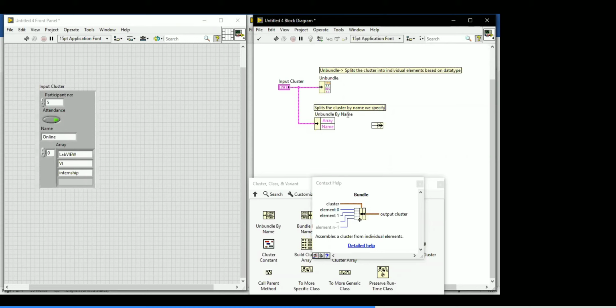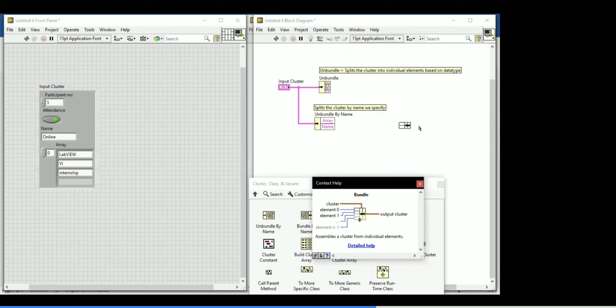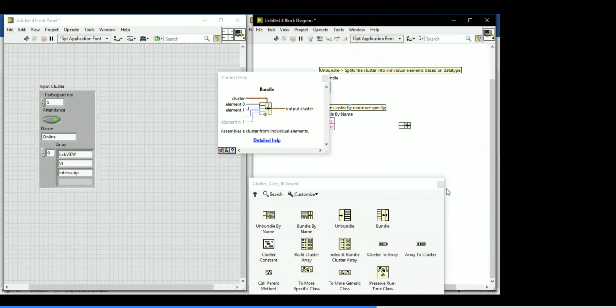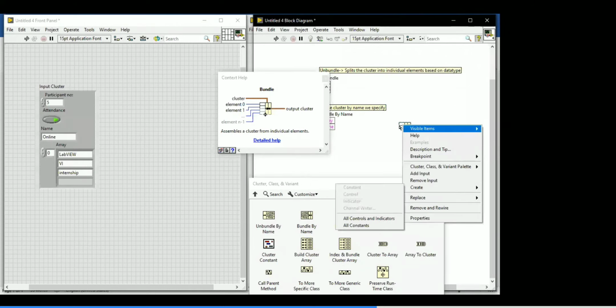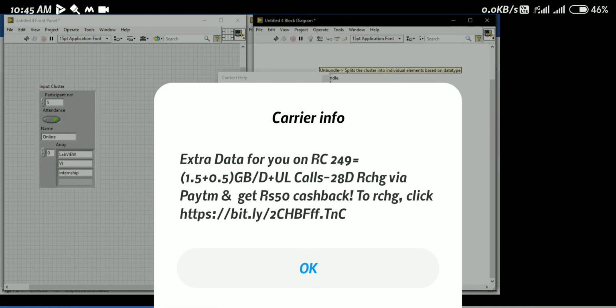If it is a bundle function, it is simply creating the cluster. Bundle means you are going to create the cluster, or assemble the elements. You are going to collect many elements and combine them, and you will get a cluster output.